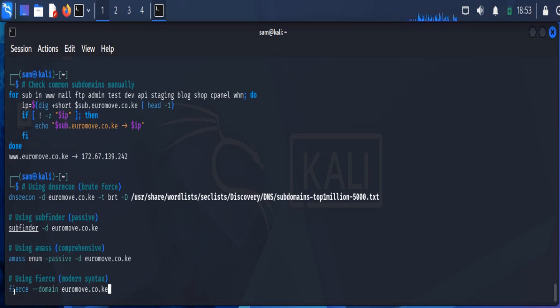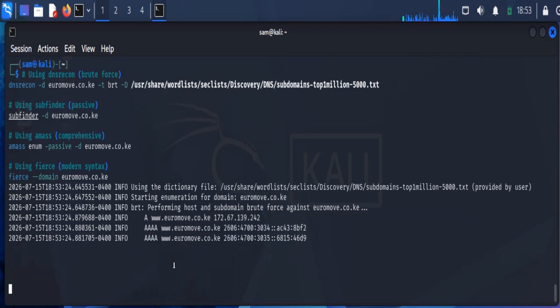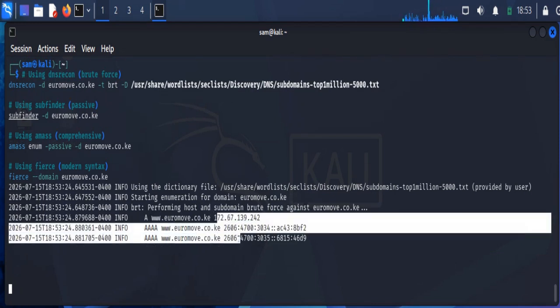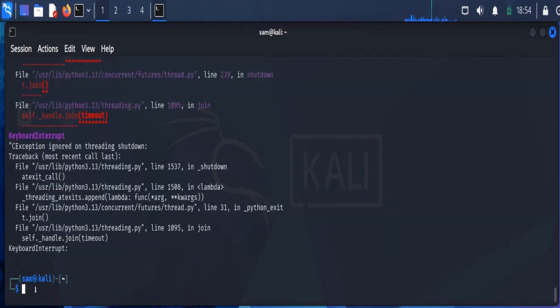Attack 3 is DNS history and subdomain enumeration. Attackers know that subdomains such as dev.example.com or mail.example.com are often forgotten and left unprotected. They use tools like DNSRecon to brute force common subdomain names. The command is dnsrecon -d example.com -t brt -D